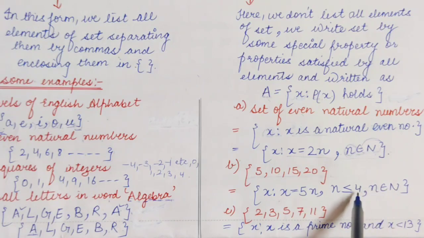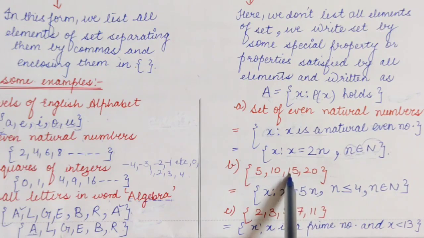It means again this n belongs to the set of natural numbers, because if I write it till here and end it, then n is less than or equal to 4 would include 1, 2, 3 and also negative terms would come there. But here no element is negative. So I will specify here that small n belongs to capital N. This is our set builder form for this example.